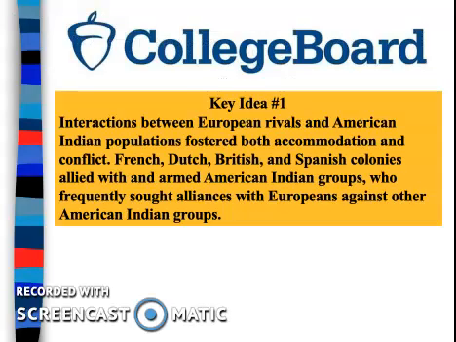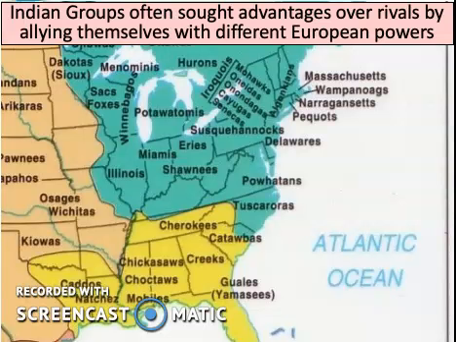So these interactions between European rivals, like France, Spain, England, etc., and American Indian populations are going to foster both accommodation and conflict. The French, Dutch, British, and Spanish colonies, those European rivals, are going to ally themselves with and arm American Indian groups who frequently sought alliances with Europeans against other American Indian groups. So Indian groups oftentimes are going to seek advantage over their other Indian rivals by allying themselves with different European